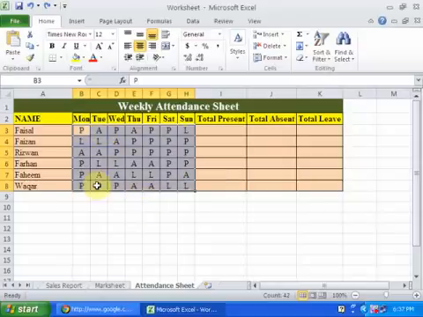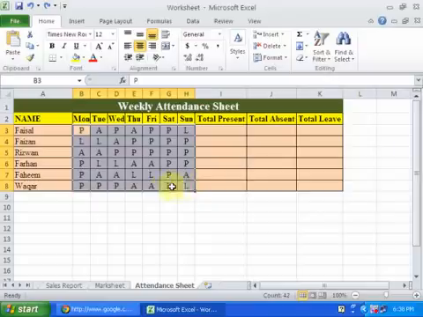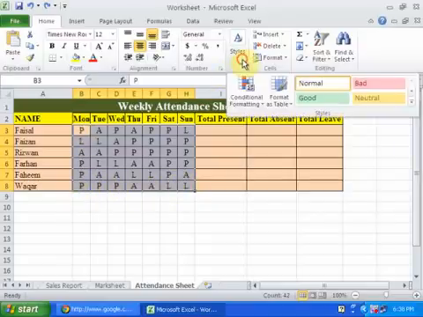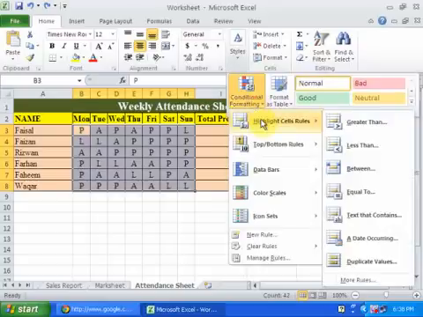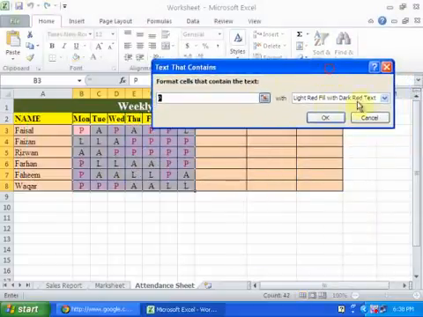This is a weekly attendance sheet and I want to display all my attendance in different colors. Select Styles, Conditional Formatting, Highlight Cell Rules, and Text that Contains. If it contains P, represent it